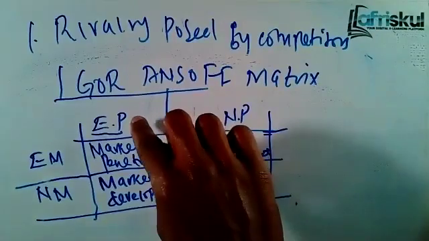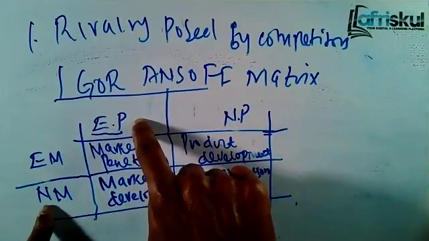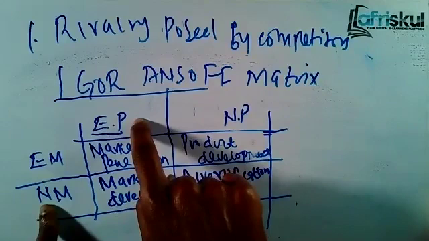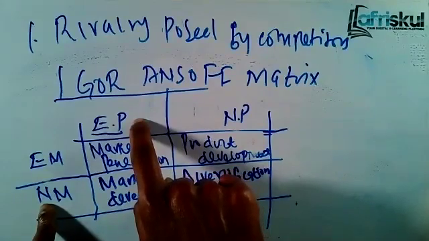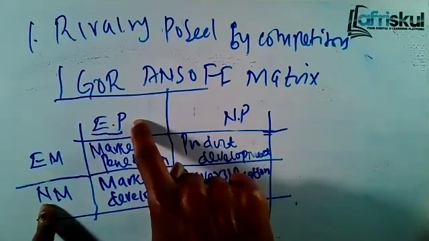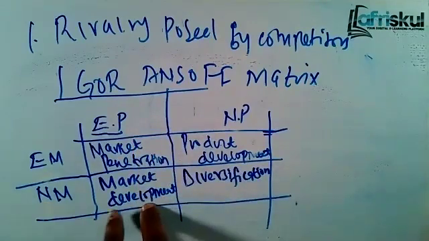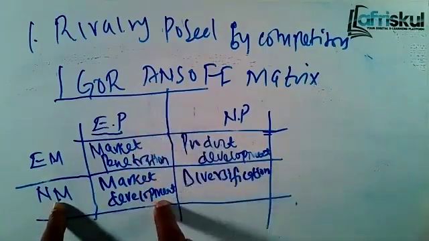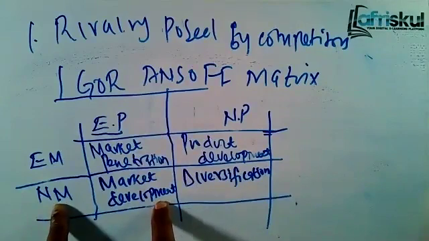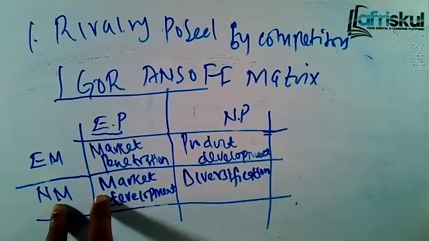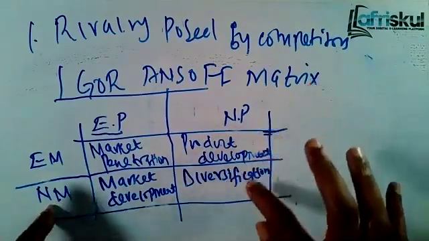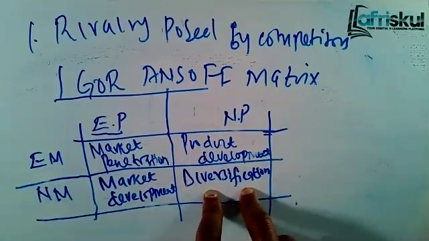Then you can take your existing product to new markets. My product is in Nairobi. I take it to Eldoret. I take it to Nakuru. I take it to Thika. I take it to Busia. I take it to Kakamega. I'm developing new markets for my existing product. That is market development. If I'm selling something, I can take it to new markets. And I can totally develop new products for new markets. That is what is diversification.